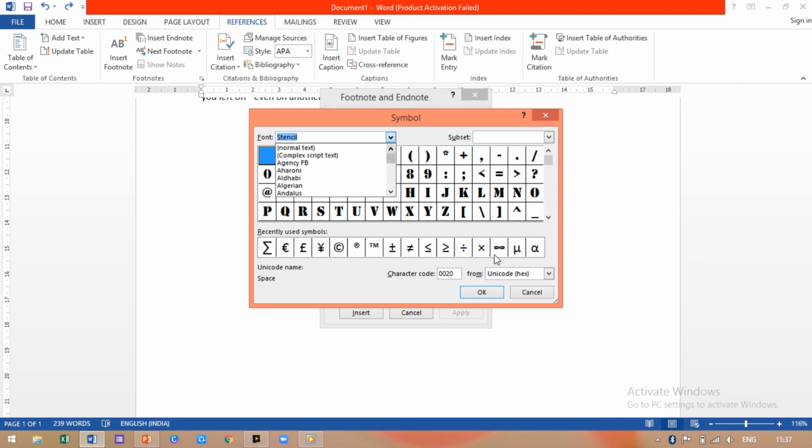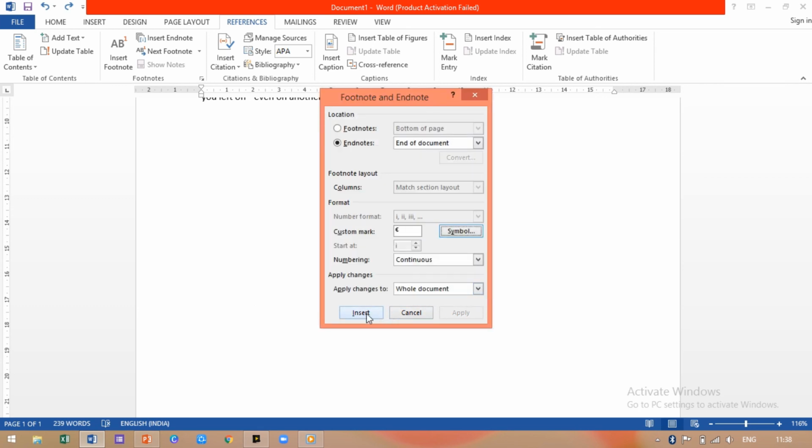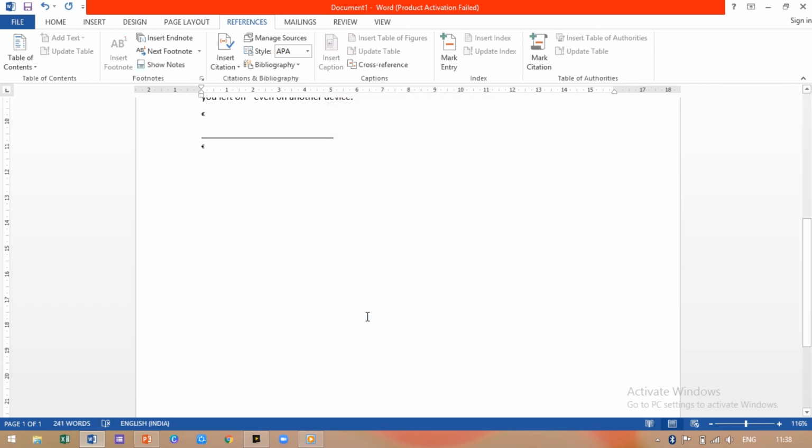Okay, so now I'll select this symbol. I'll say OK, and then I'll say insert. See, here my symbol has been inserted. See, I'll increase the font. See, my symbol has been inserted. So this is how you can insert a symbol in your endnote as well as your footnote.